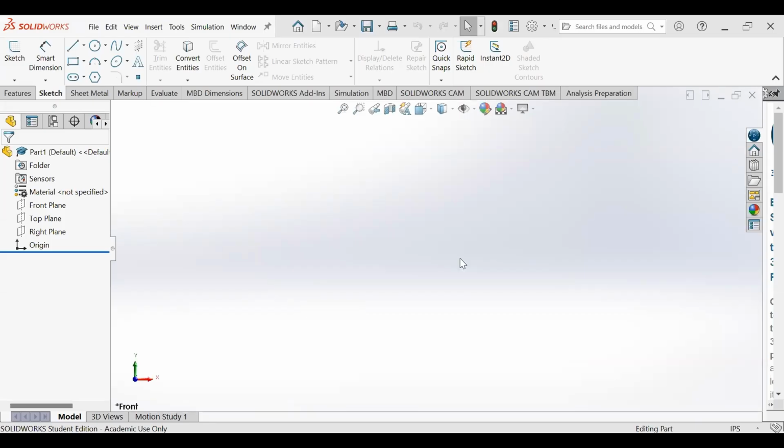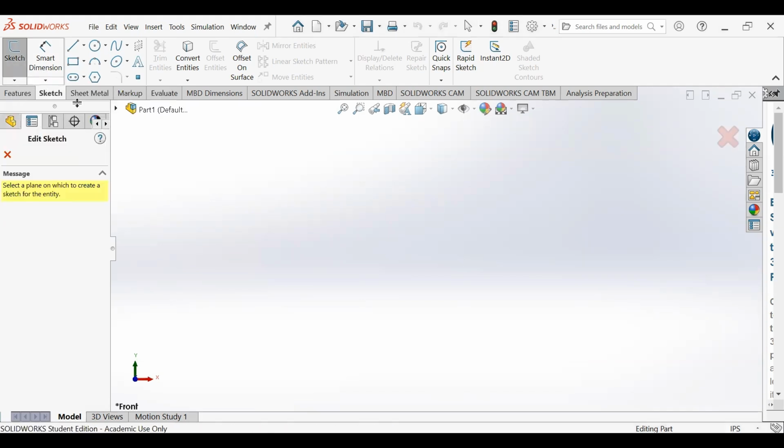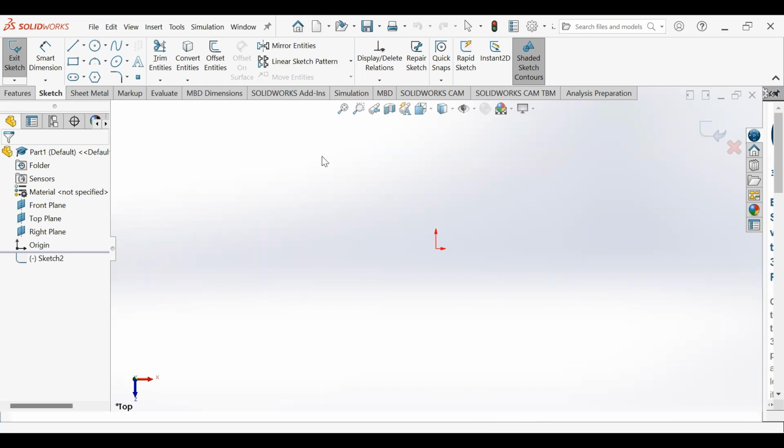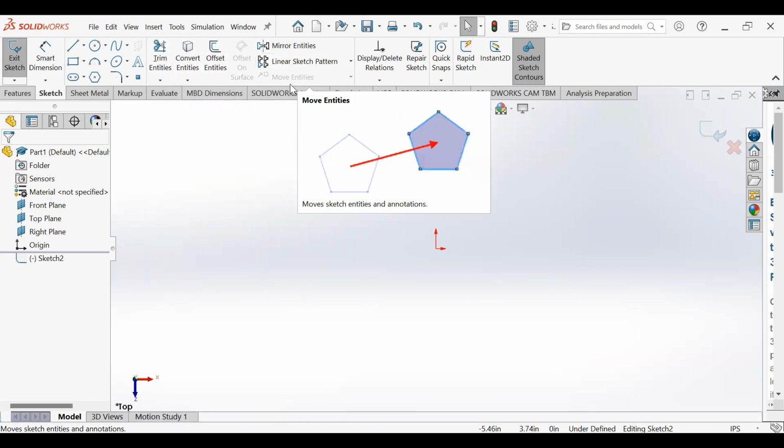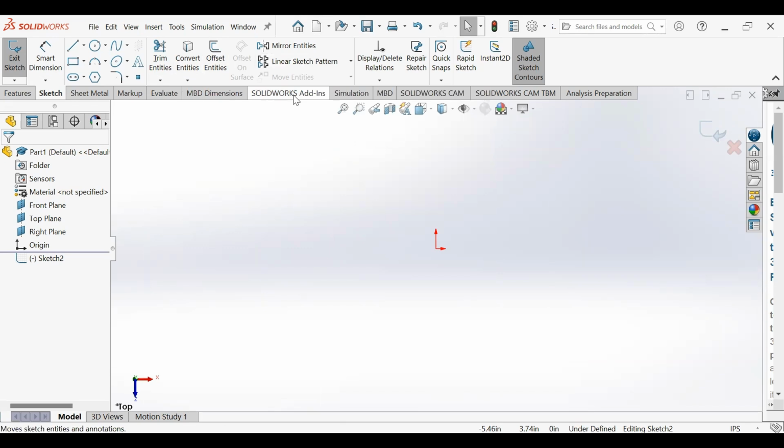Okay, last video to recap the first workshop that we went on for Thursday. For this video, I'm going to be talking about this top interface here that we had discussed previously. Let's click here the top line, for the convert entities, offset entities, mirror entities, and linear sketch pattern, because I didn't get enough time to go